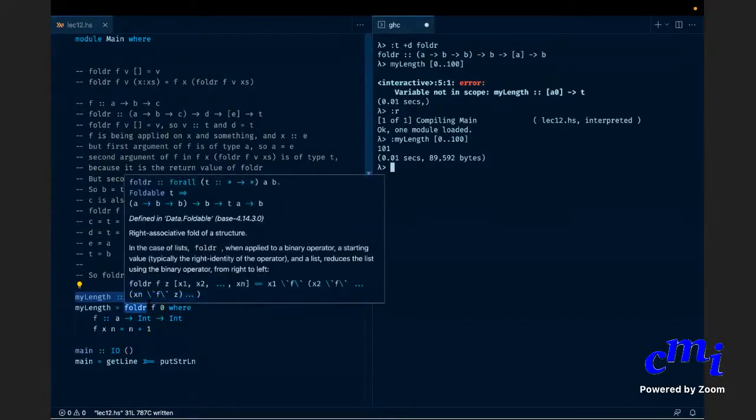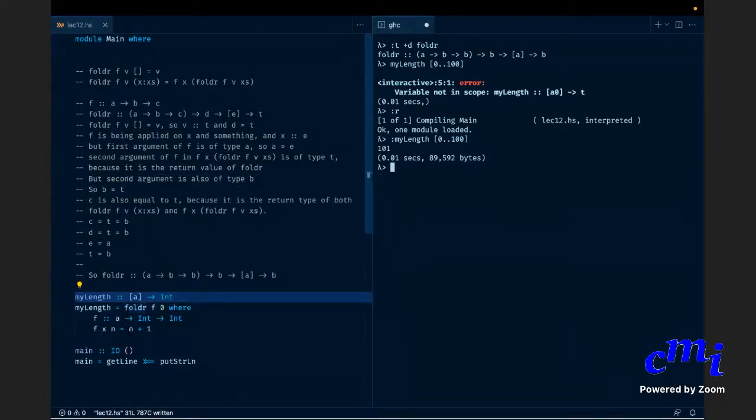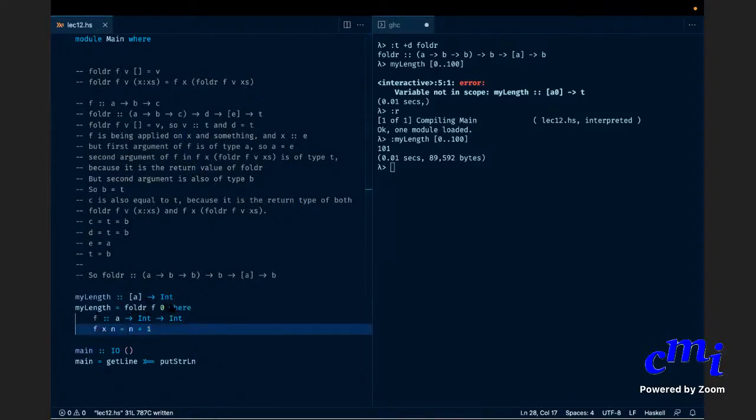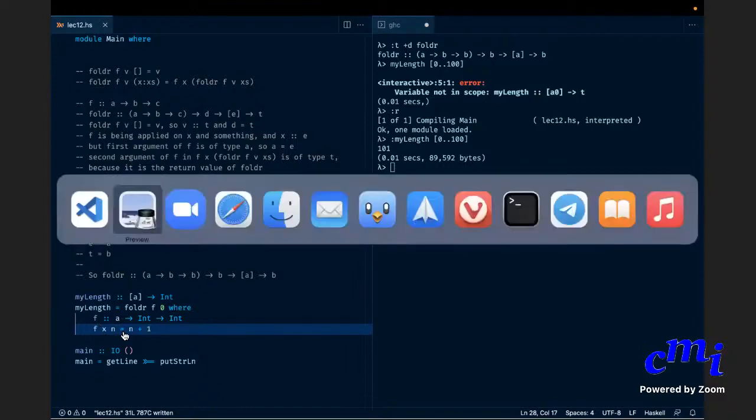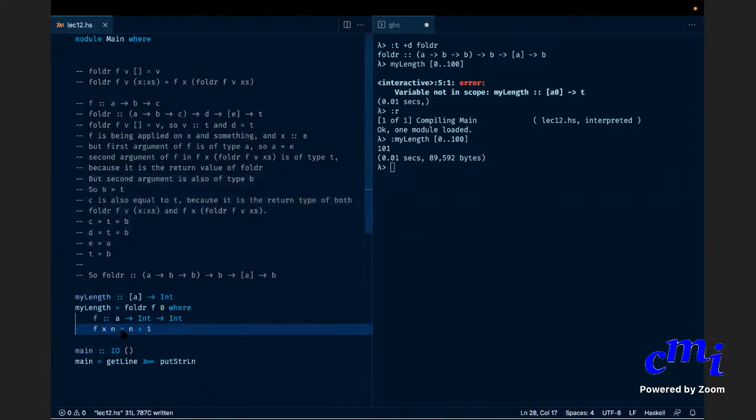Fine. Okay, but now look at this function. This is some trivial function, right? n plus 1. Okay, and I needed to go and write a whole foldr f 0 and then where f is this. I had to write. When you read a program like this, it cuts into the flow of the program. See, you have to see f here, and then you have to go down there to see what the definition of f is, etc. And this is such a small function. No? It's a simple expression. You don't need to necessarily define a whole function for that.